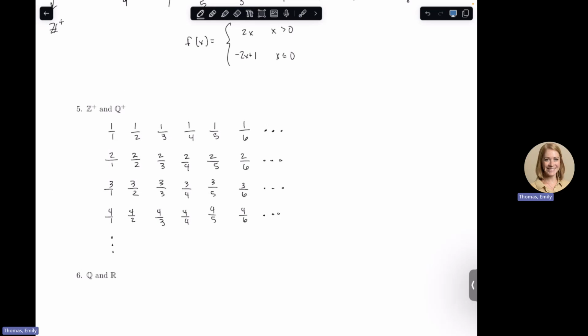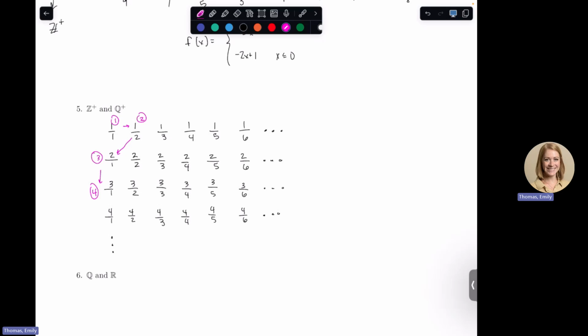So what we're going to do is sort of snake around and call the things in the list. This is fun. It's weird. So this is your first entry, 1 over 1. And you're going to go sideways. That's going to be your second entry. And then you're going to go diagonally. That's going to be your third entry. And then you're going to go down again, and that is going to be your fourth. And then we're going to move back up,